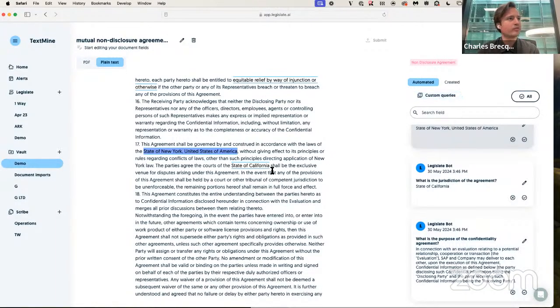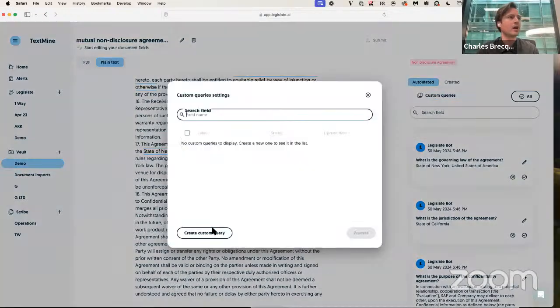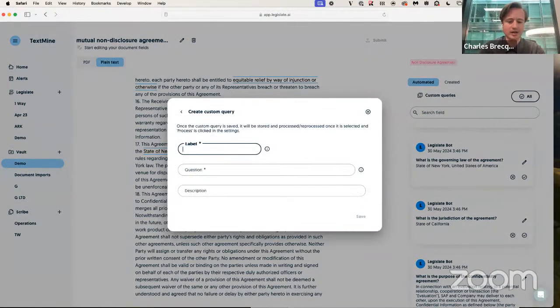And with all of these tags, you can also configure them by creating your own tags. So for example, you could say, what are the rules around certification?